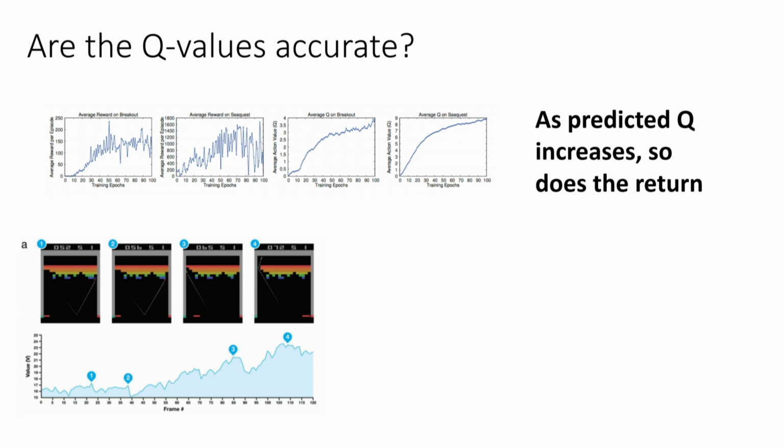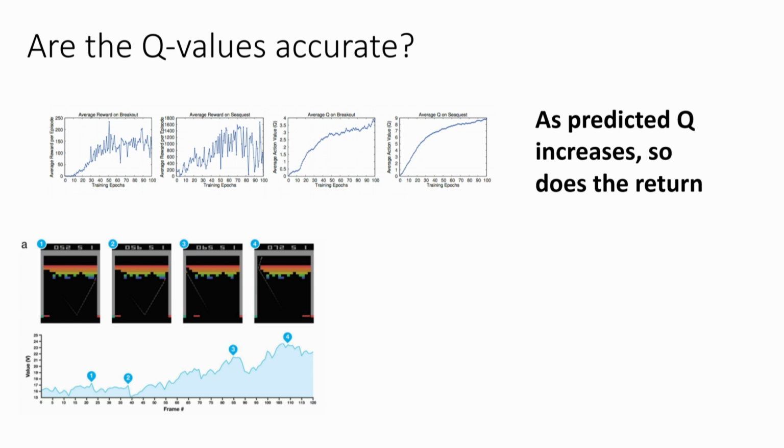Very appropriate for Berkeley. You can look at the value function and see peaks in it. This is just computed by taking the max over the actions. You can see the value function peaks when the agent expects that something good will happen. Over here, it's about to break a brick. There's a little tiny peak in the value function. Over here, there's a little peak. Over here, it's about to break some more bricks.